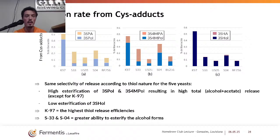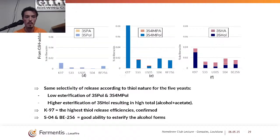Generally speaking, the K97 seems to have the highest thiol release efficiency. You see every time that it's the highest graph among the four. And last but not least, S33 and SO4, if they don't have the same capacities as K97, it seems that they have a greater ability to esterify the alcohol form, like for example the 3SPO, and convert it into the acetate form. So here, if you take the ratio for S33, for example, what you see in red is much more present than what you see in blue. So you will have much more of the acetate form, meaning that you will be able to change the taste you will have at the end. So here it was for